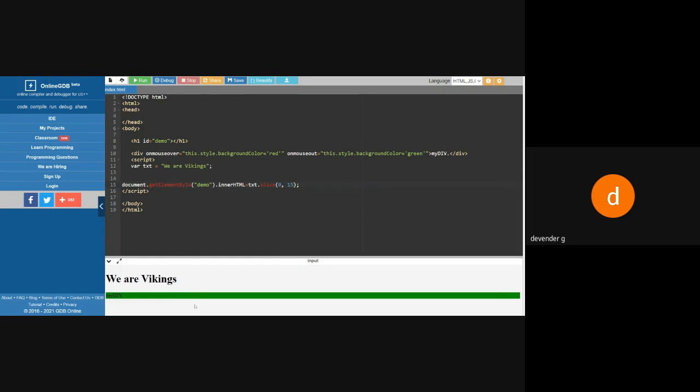See, I got the full answer. In total, we understood that there are 15 letters in this word, so I am able to get from the starting to the last. If you want only a few, then I'll take something like this, and I'm going to get VR. So the slicing function is going to work like this.